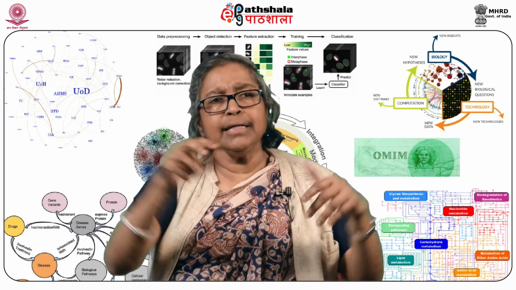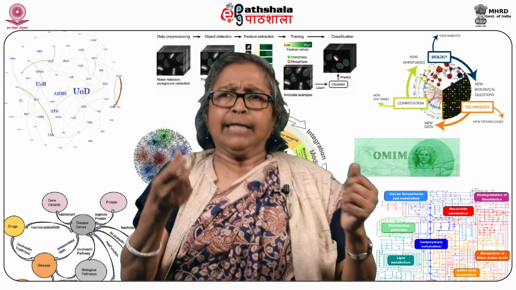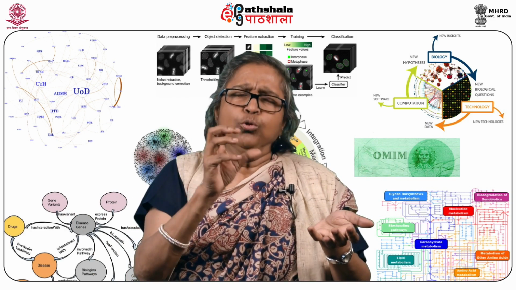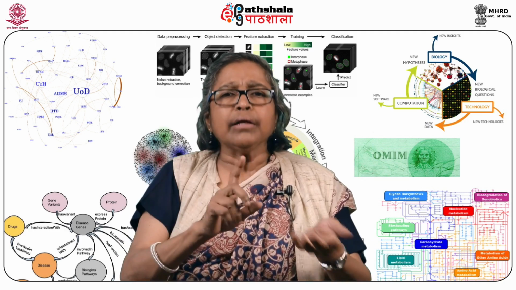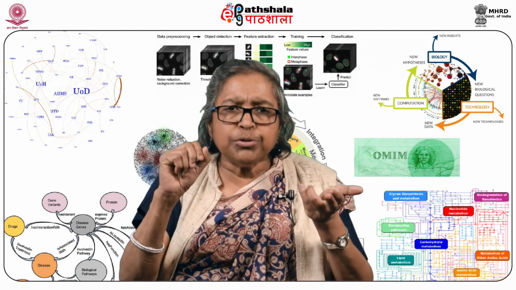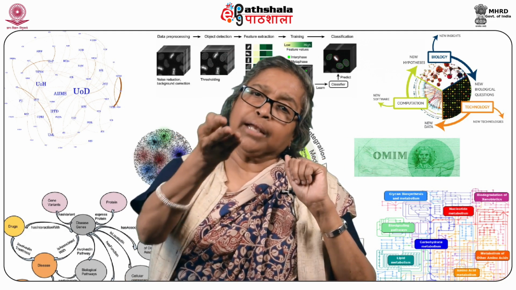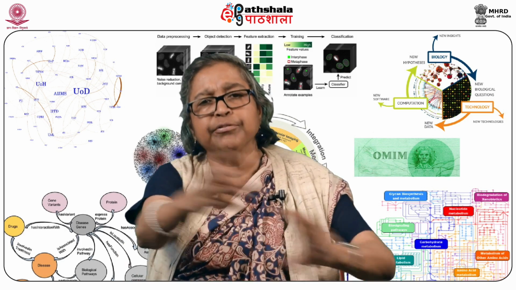To understand this different kind of variable data in different formats and extract meaningful information, you require ontology, and you require semantic and natural language processing, so that you can understand biological systems in the perspective of several